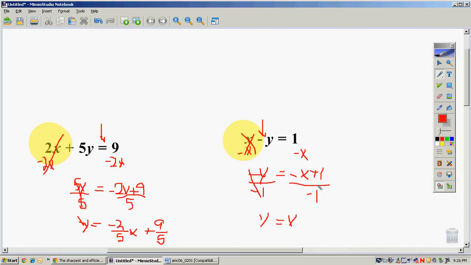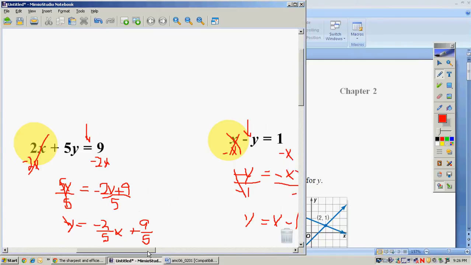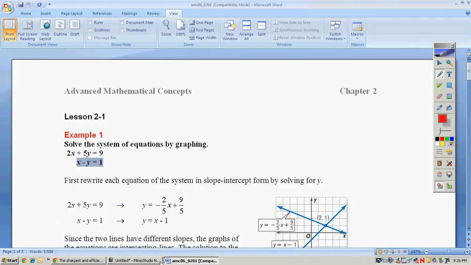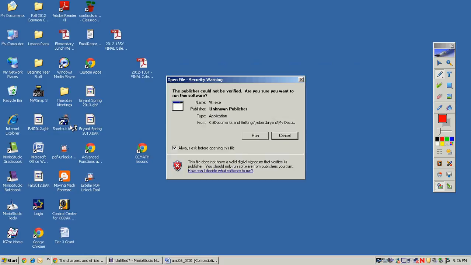And negative 1 goes into 1, negative 1 times. So we write minus 1 underneath. So y equals x minus 1, and y equals negative 2 over 5x plus 5. Okay, I'm just going to shift this over some, minimize all of this, and we're going to bring up